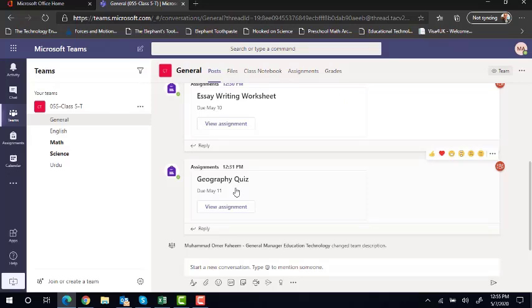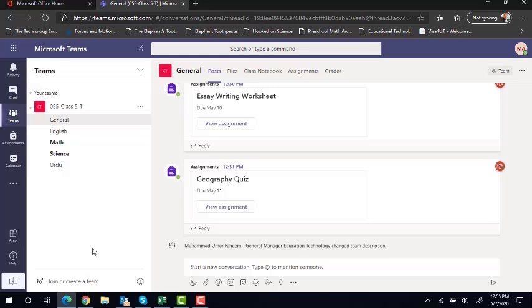Now here I need to explain how this whole thing works. You can even download this Teams app on your desktop as an app, and you can even download the Teams application on your iPhone, your tablet or your Android phone, and the child can simply access the Teams account by using their official email address and the password that you have saved. Now when you land on this environment, this is somewhat similar to Google Classroom that you use, but from now on we will be using Microsoft Teams as a standard LMS throughout the academic session.